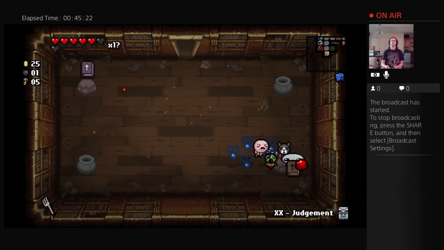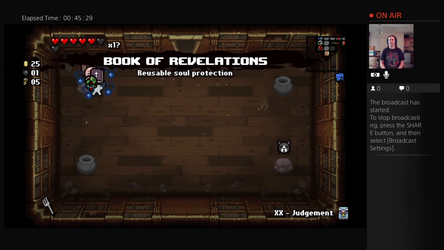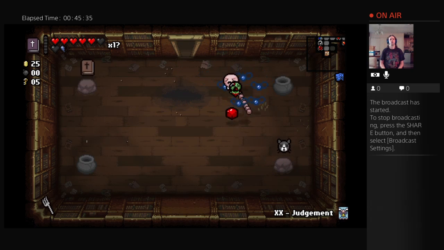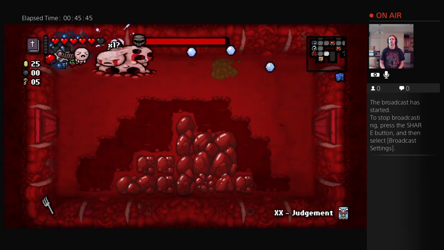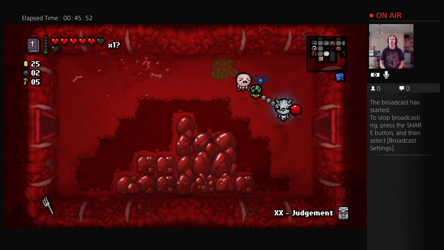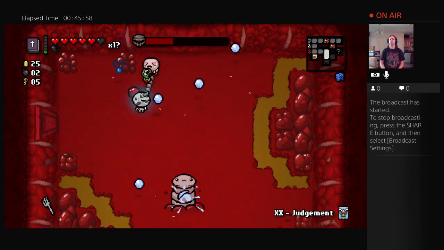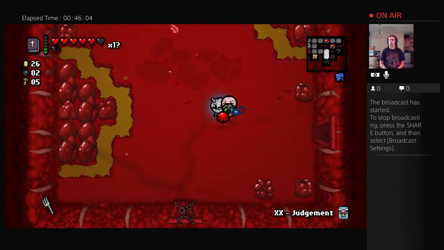Okay, so we have the Bible, which is awesome because it kills both Mom and Mom's Heart instantaneously, with no reason to not use that. What the? Oh, I think I hit the bomb button instead. So I'm gonna hang on to this so that I can use it. Each room, it charges by one. And so once I've cleared 1, 2, 3, 4, 5, 6 rooms, then I will be able to